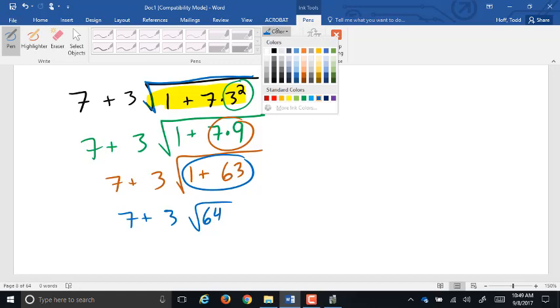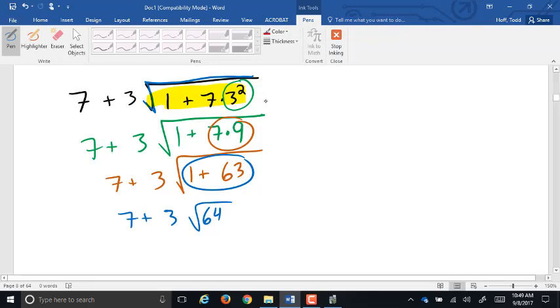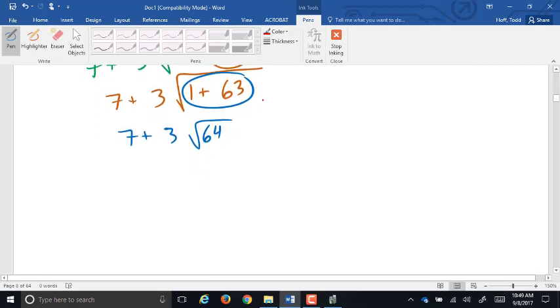Now, just like with the parentheses, we've reduced what's inside the enclosing symbol, in this case, what's inside the root, to a single number. So I can get rid of the enclosing symbol. Now, unlike the parentheses, where we just took out the parentheses, here we actually have to do something when we remove the root. We have to take the square root of 64, which is